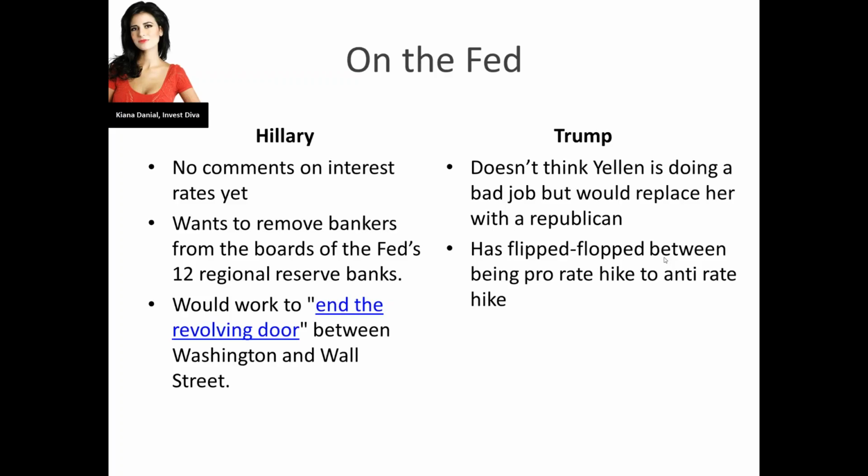When it comes to Donald Trump, again, he has flip-flopped a little bit on his stance. At one point, he said that he's not a person that thinks Janet Yellen is doing a bad job, and that he happens to be a low interest rate person, unless inflation rears its ugly head, which can happen at some point. So that is what he said before. At the same time, I don't know if it was a little bit later or before that, he had said that lawmakers for years have complained that